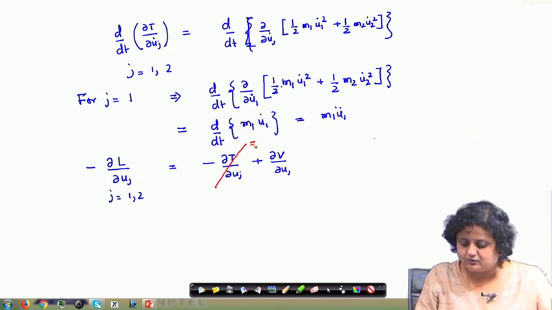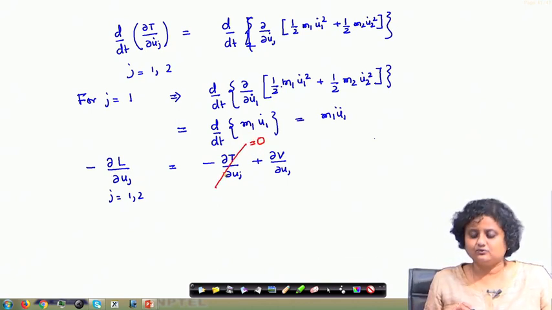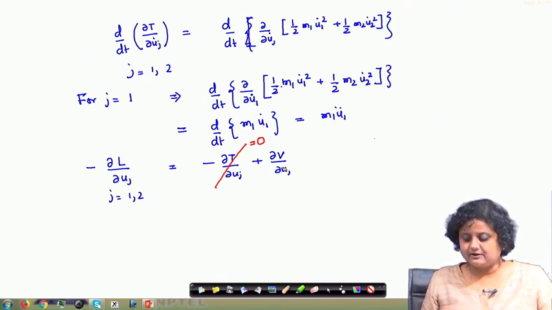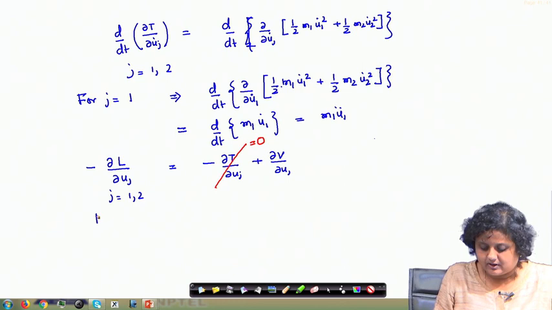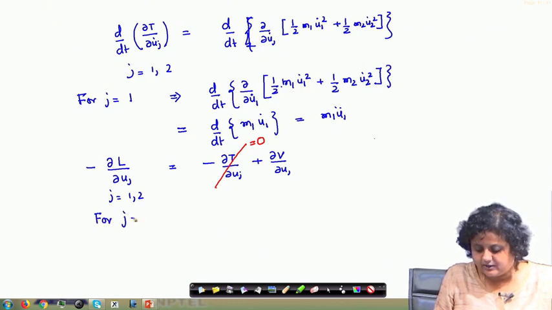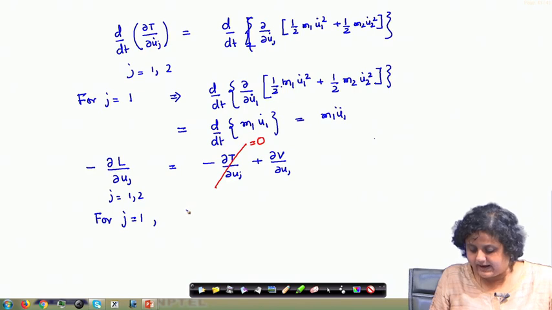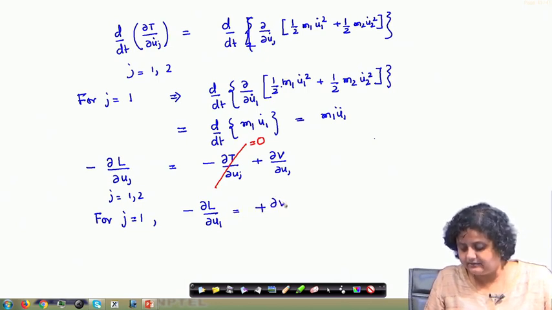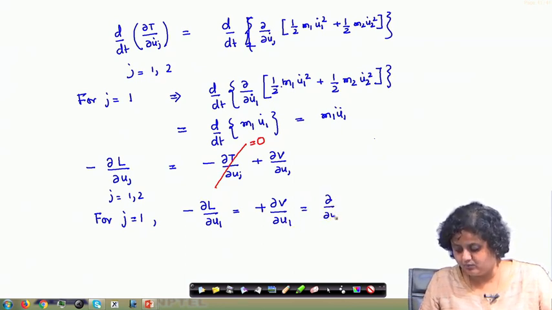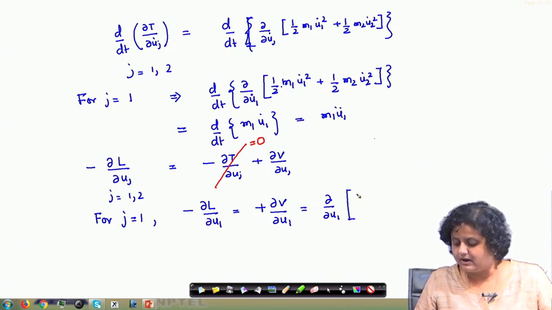So, this part is going to go to 0, because T is not a function of uj, V is a function of uj. So, for j equals 1, we can write minus del L by del u1 is equal to plus del V by del u1, which is del by del u1 of half k1